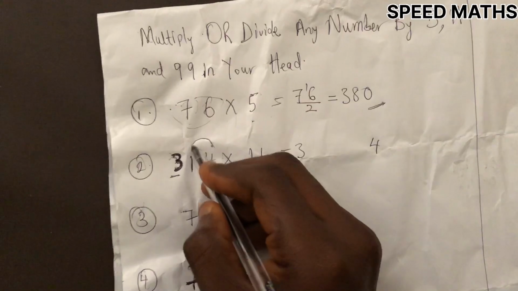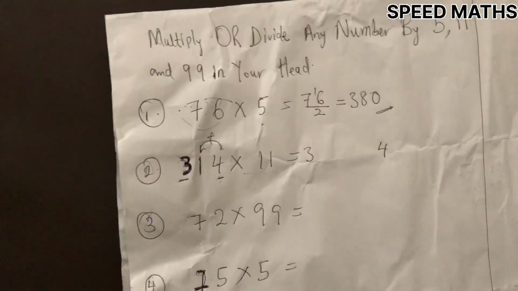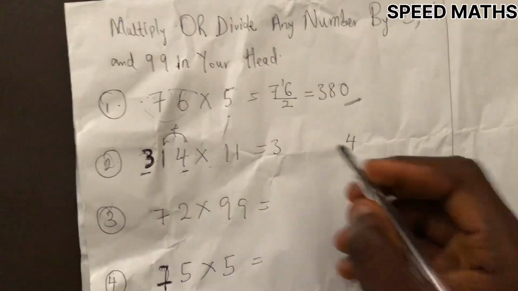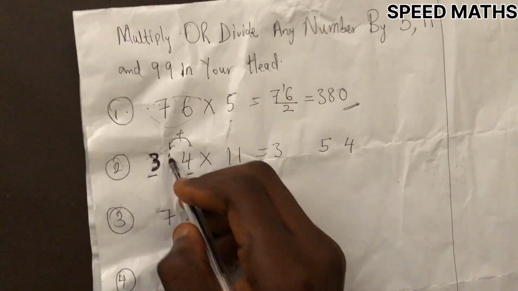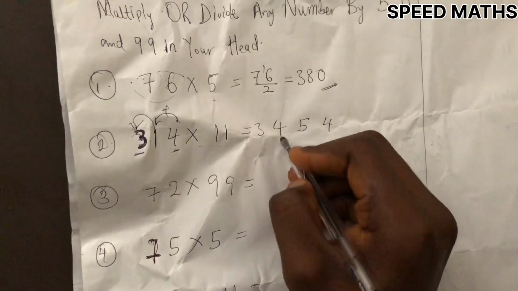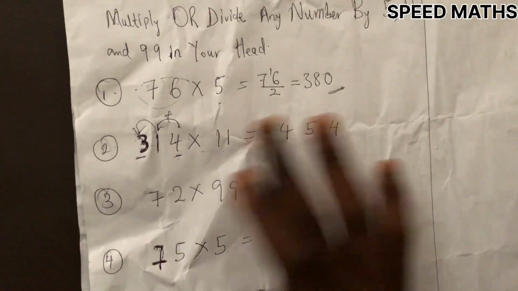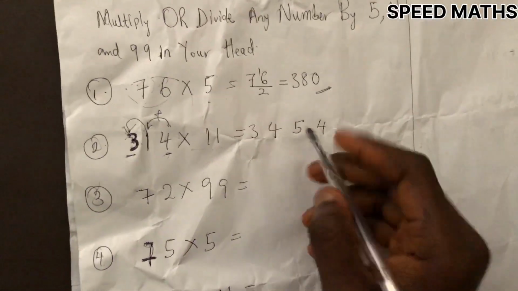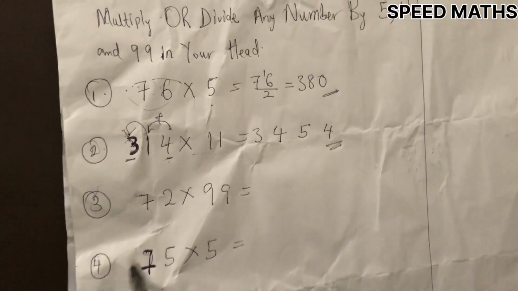So what you just have to do is you add these. 4 plus 1 is actually 5. You write it. Now 1 plus 3 is 4. And that's your answer. So it's as simple as this. So we have gotten the answer to this. Now moving on, the next one is